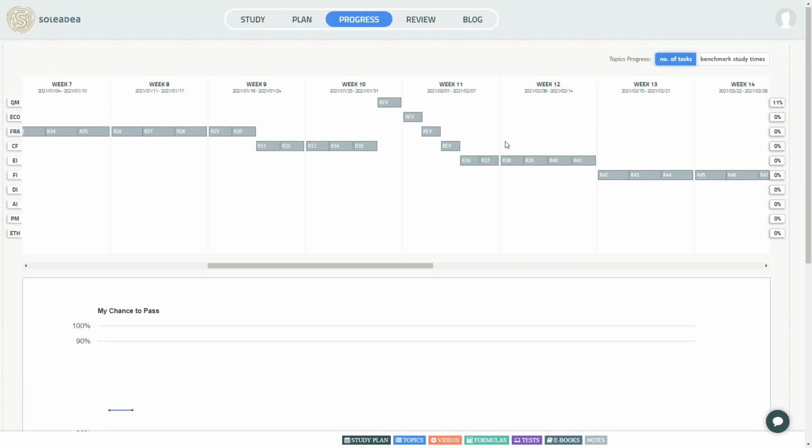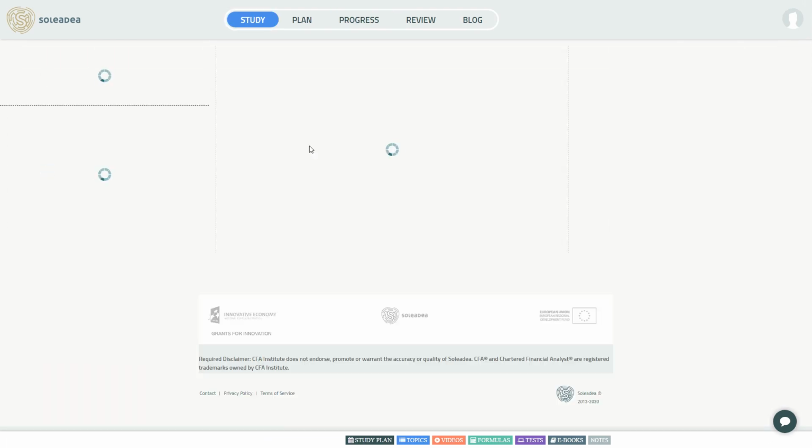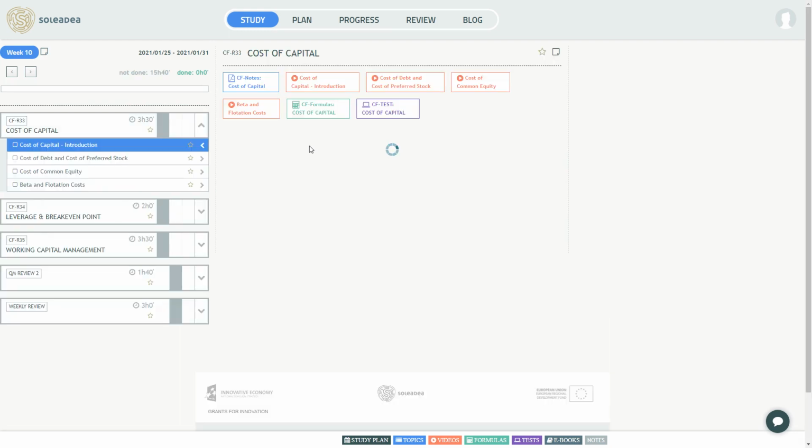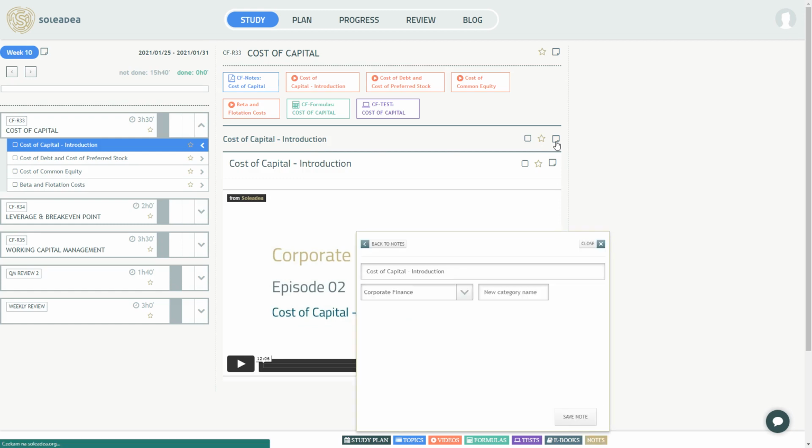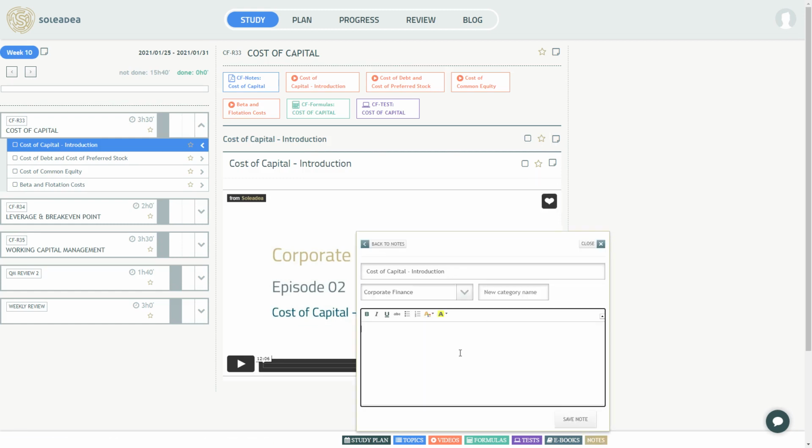Inside the Gantt chart, click any reading you want to display. The first lesson that is not ticked off in this reading will show up on the screen. I think it is worth noticing that not only can you study using our study materials, but you can also add your own notes to lessons, videos, or